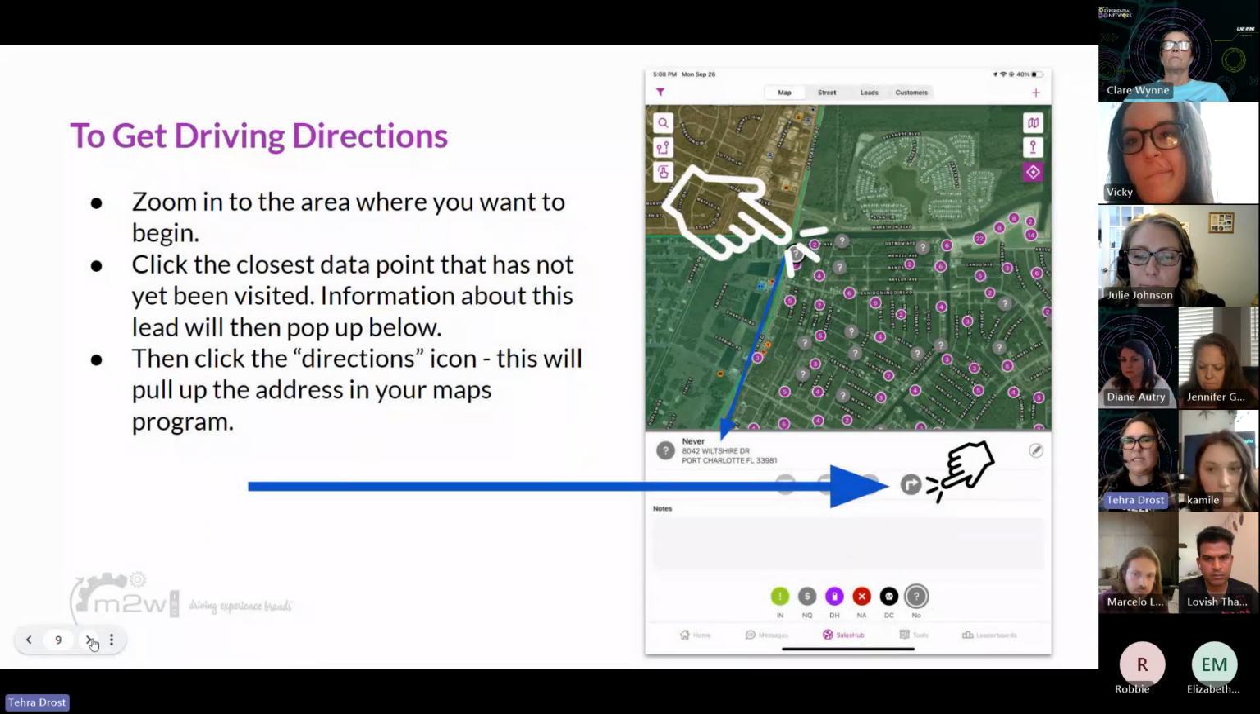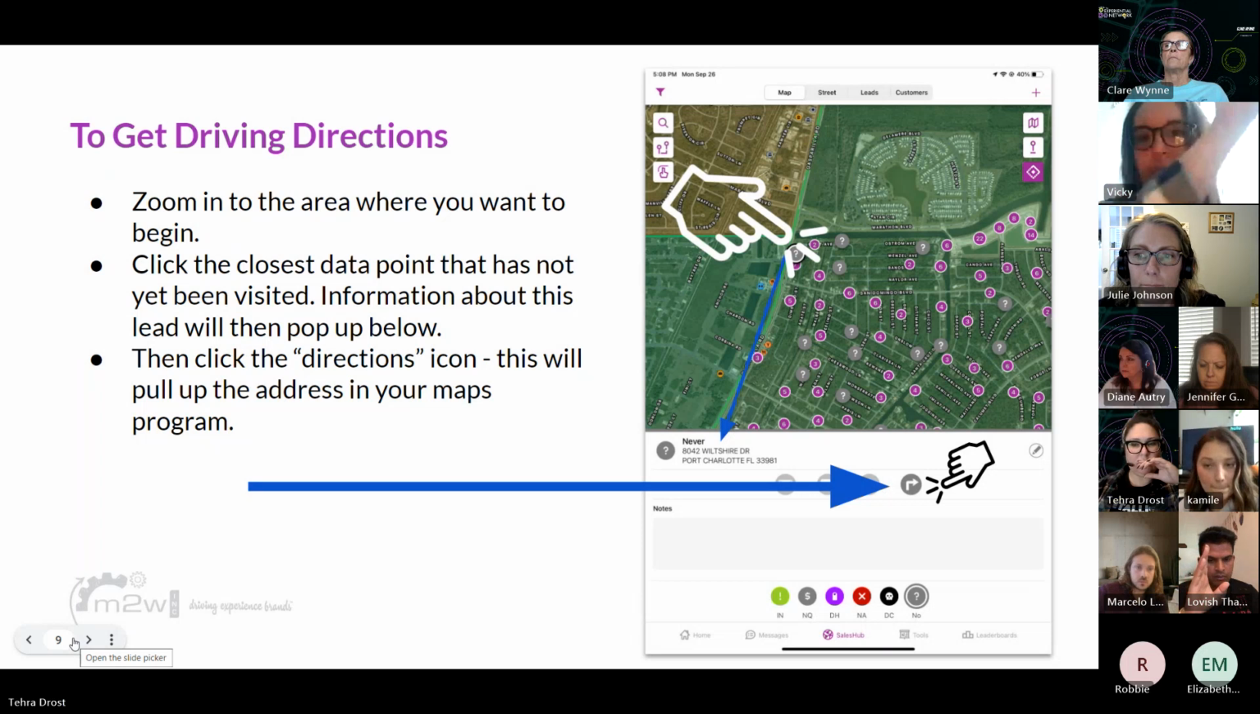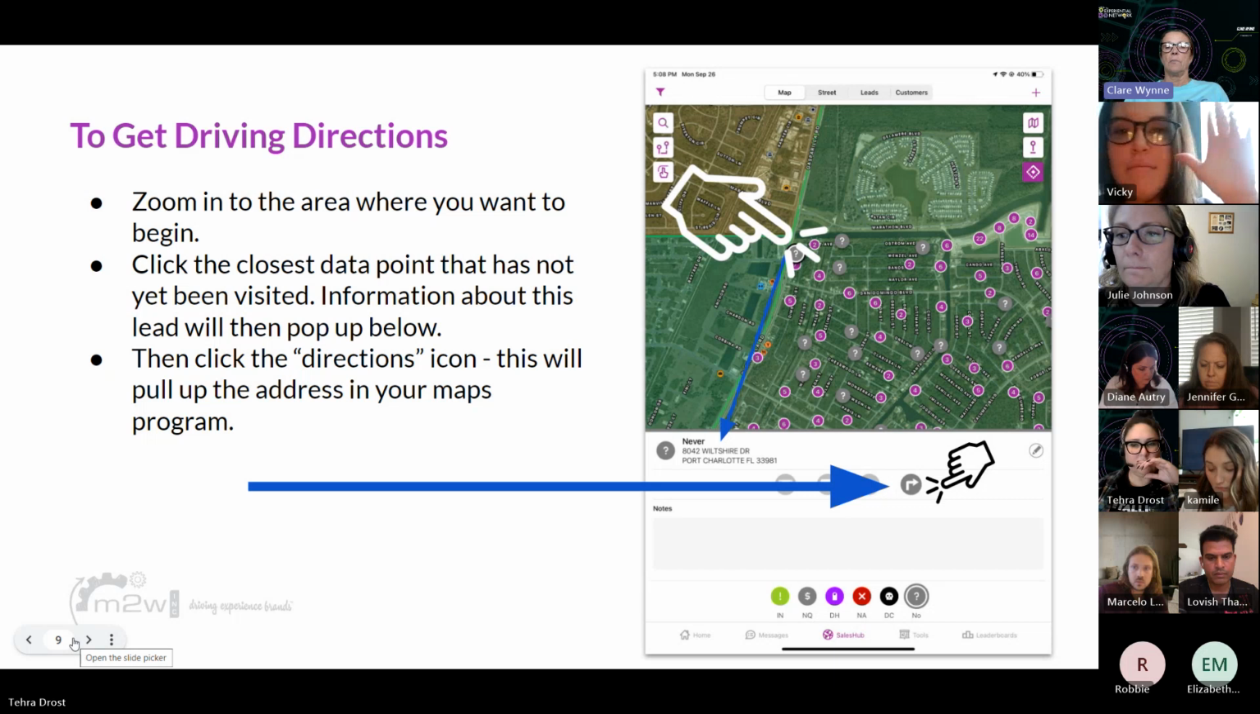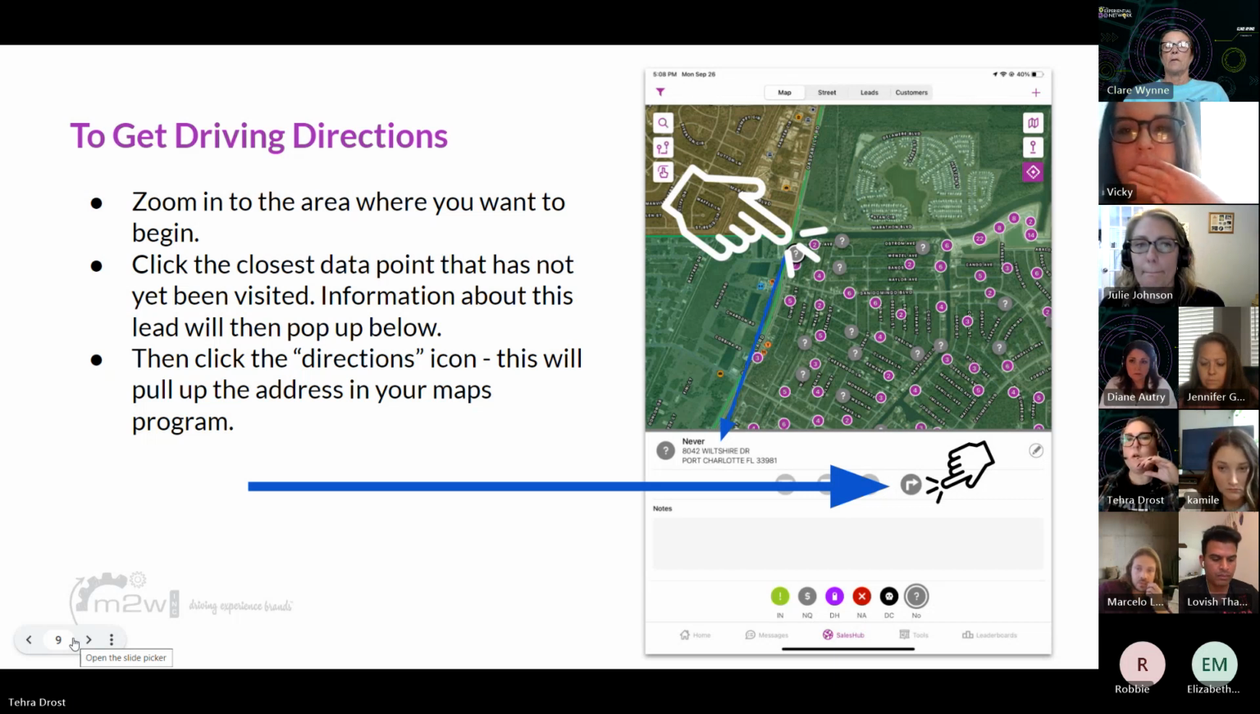So when you are, is anybody driving? Or is everybody driving? I think only, I don't know how Marcelo and Jen are going to set that up yet. Okay, well,